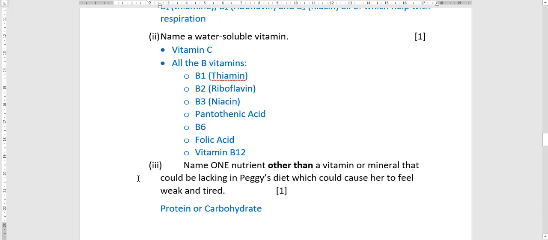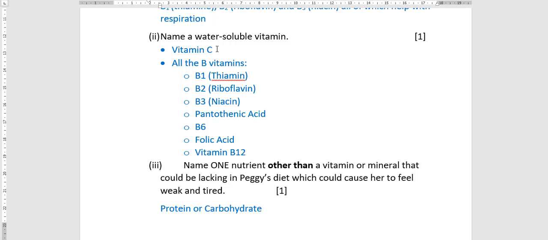Name a water-soluble vitamin. Again, all the B vitamins are water-soluble. Vitamin C, you take your effervescent tablet, dissolve it in water and it gets all nice and bubbly and you drink it, right? It's vitamin C, it is soluble in water. So if you can't remember, it dissolves in water. All the B vitamins,